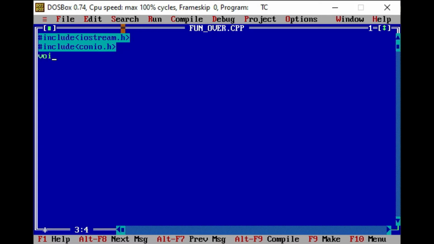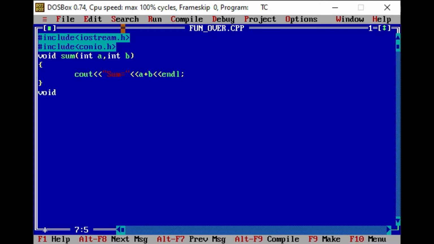First of all I'll write void sum, and I'm going to make the sum function for adding two integer data. For that I'll pass the arguments as int a, comma, int b, and in curly brackets I'll write the logic. In the cout statement, first of all I'll print "sum is equal to", again insertion operator, a plus b for adding two integer data, then again insertion operator and endl for ending the current line.